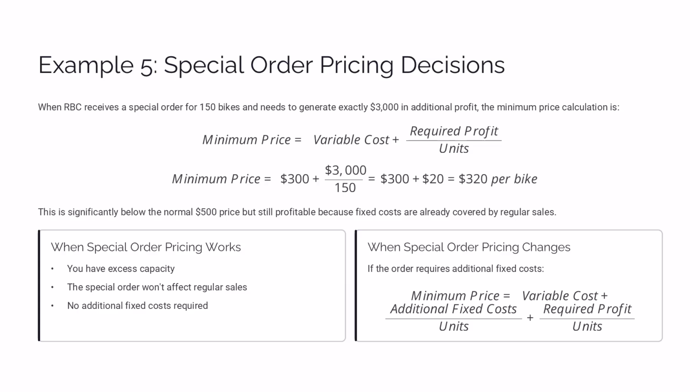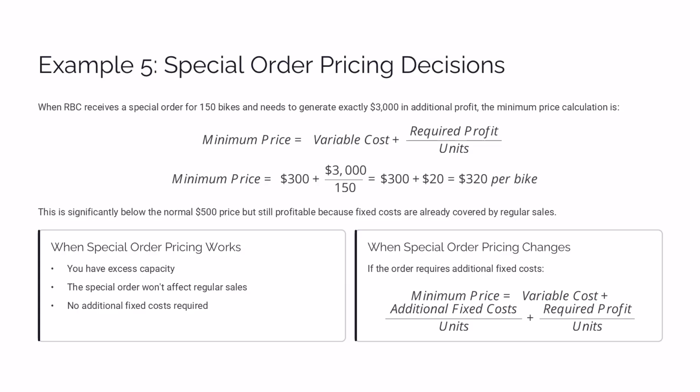Here's a fascinating historical example. During World War II, Ford accepted government contracts to build bombers at prices below their normal automobile margins, but because their factories were already built and workers already hired, any contribution margin helped cover fixed costs while serving the war effort, and this flexibility helped them survive while competitors went bankrupt.